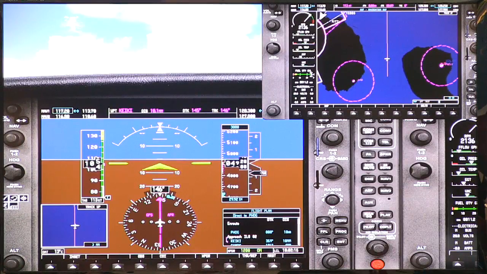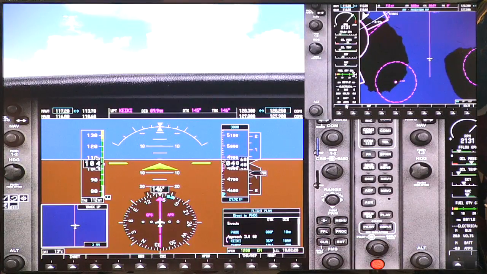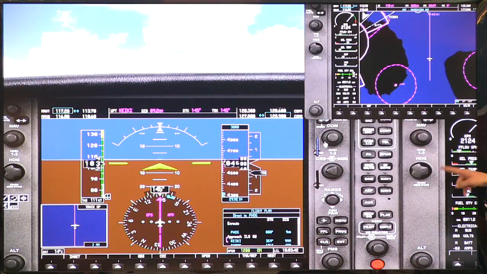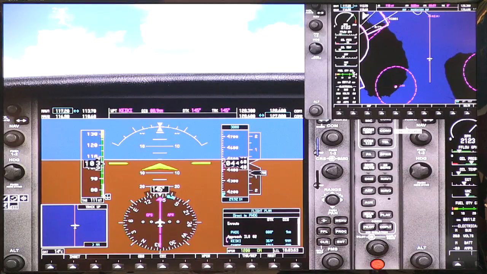Okay, so now the first thing that I want to do is get my weather. Tell me what the ATIS is. The automated... ATIS, what's ATIS? What's the frequency? 128.6, right? So I'm changing this to 128.6. Well, actually, I should have used the bottom one, and in fact, I think I will. So I'm going to do this, 128. Well, it is, but I don't want it there. I want it down here. 128.6. Okay, I'm going to use my little flip-flop. Going to put it there in active. Now then,